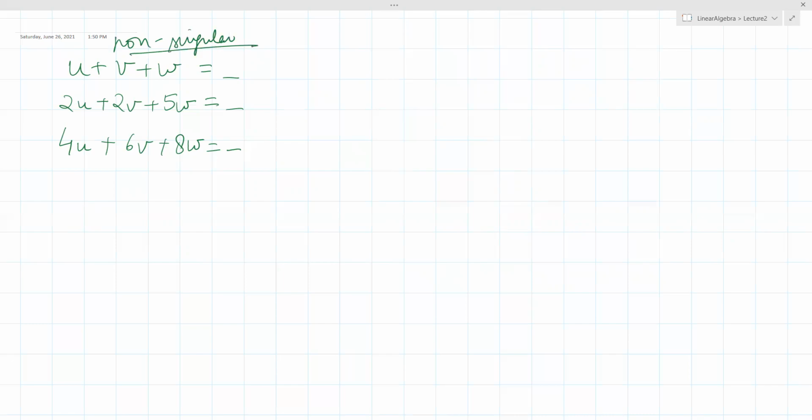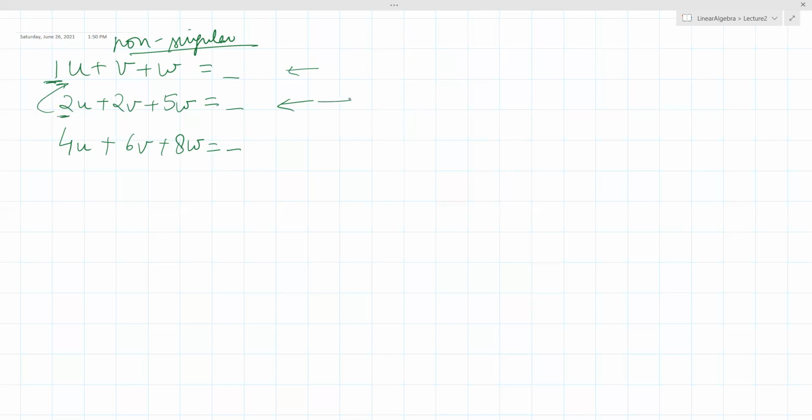Now, if you try to apply Gaussian elimination between these two equations, or you start with your first step, what is your pivot here? The pivot is going to be 1. And you find what will be your multiplying factor for this particular equation? What do you have to multiply? You have to multiply the first equation by 2 and subtract from this.